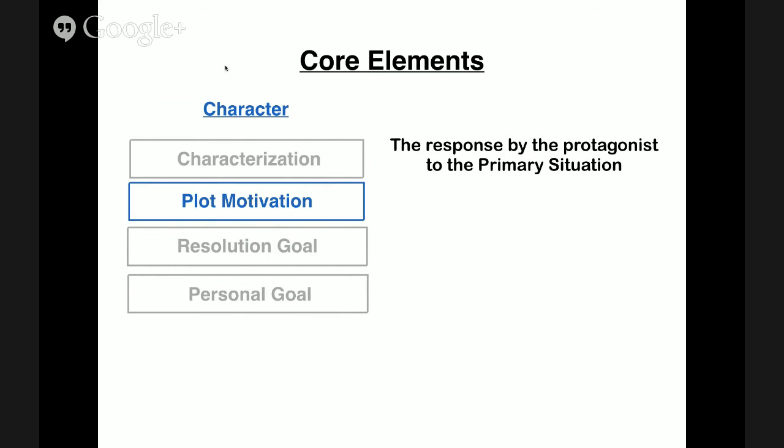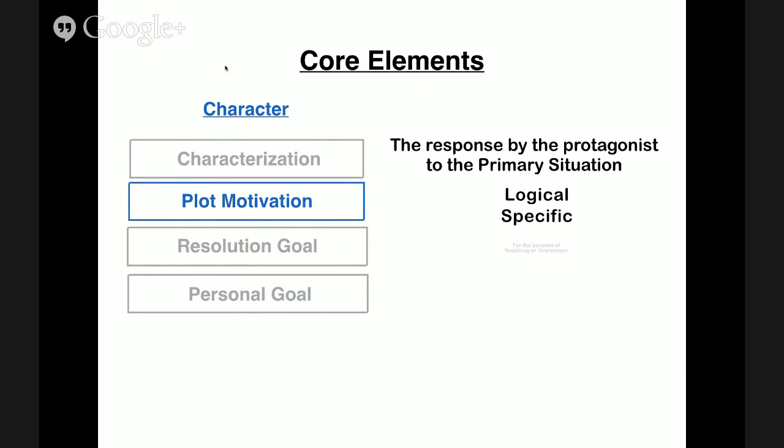The caveat is that this is usually common for action movies, where there's a primary situation that brings a problem, and then our hero has to react. We're going to see that with John McClane very soon. In dramas and romantic comedies, often the plot motivation will come first. He wants to meet girl A, so he goes and engages her, and then the primary situation happens. It's the difference between something happening to someone and someone trying to do something, the order of whether primary situation or plot motivation really comes first.